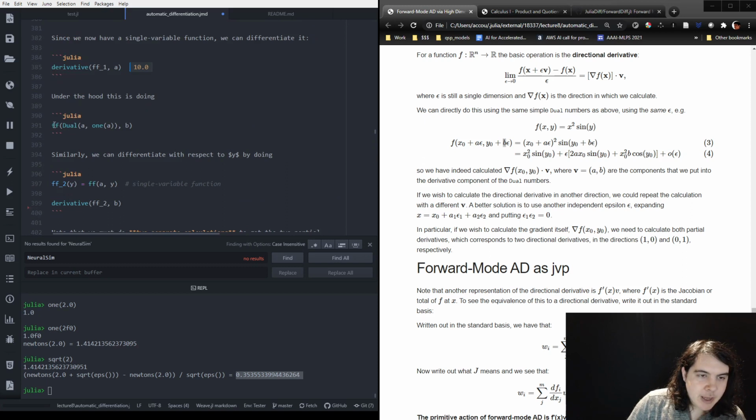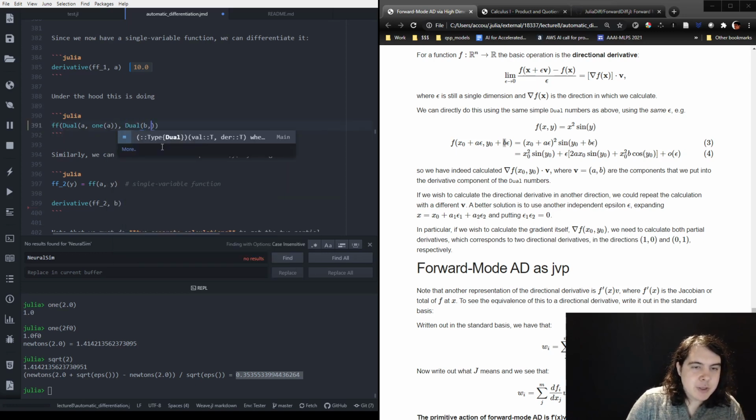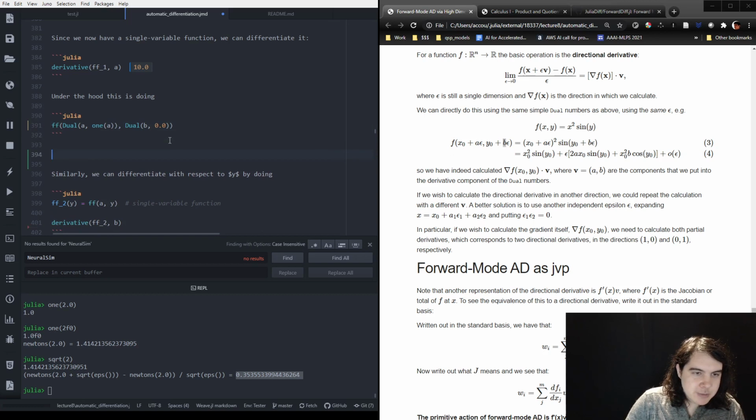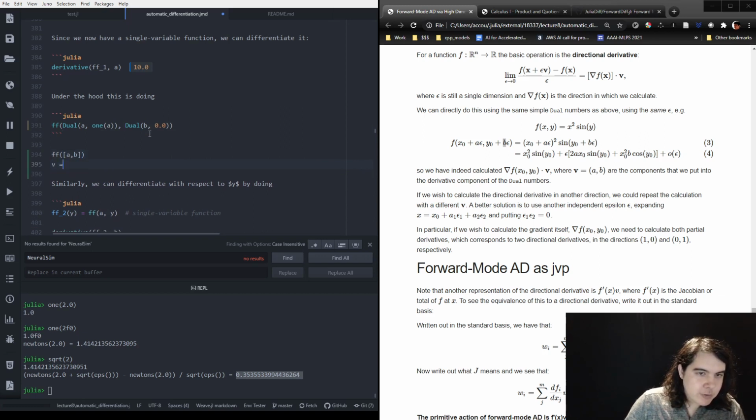When we say f of make the first thing a dual number, make the second thing not a dual number, and that will change it automatically to be dual of b, 0. What this is actually doing is saying that this dual number, this means that we're having an input value that is a vector ab, and then the vector for the derivative is 1, 0, which means that we're calculating the derivative in the direction of x, which is the partial derivative with respect to